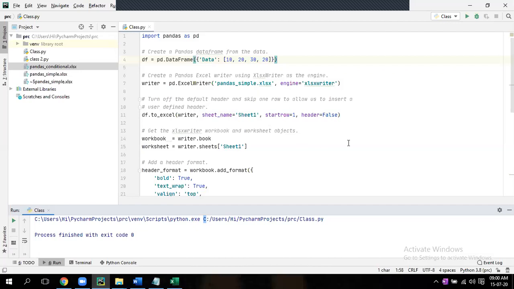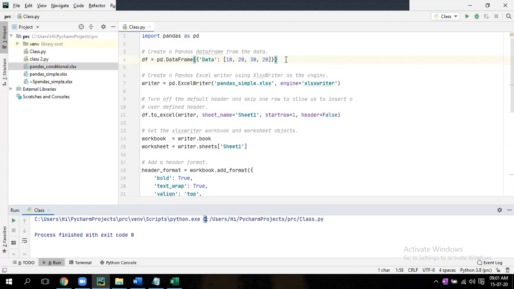So here again, we are doing this thing. This property is data frame dot to underscore Excel. We have so many properties. Let's say you want to change the sheet name. See, the first one is import pandas as pd, that is done.